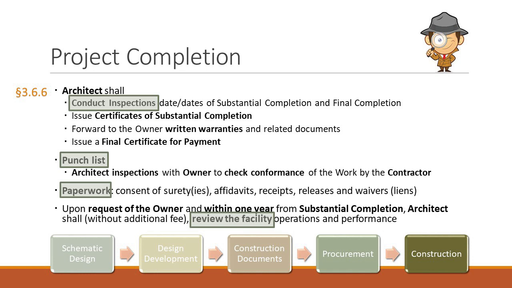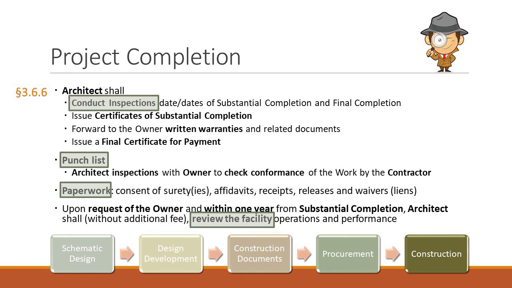36.6.2. The architect's inspection shall be conducted with the owner to check conformance of the work with the requirements of the contract documents in order to verify the accuracy and completeness of the list submitted by the contractor for the work to be completed or corrected. This is a punch list concept. So what happens is you walk the project